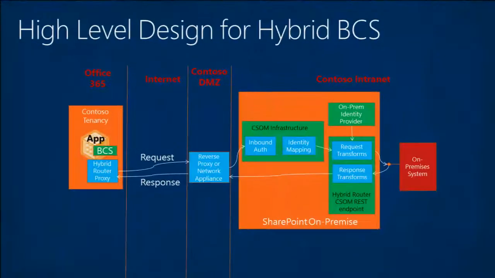At a very high level, what we've done is we've taken the BCS stack. BCS stands for Business Connectivity Services. It's a way for SharePoint to connect to external data. We've taken that and moved it into the cloud. BCS, which was in SharePoint 2010 only on premises, we moved into the cloud about a year ago. And over the last year, we've extended it so that BCS in the cloud, in SharePoint Online, can make a call to an on-premises system, and that on-premises system has to be fronted by SharePoint.